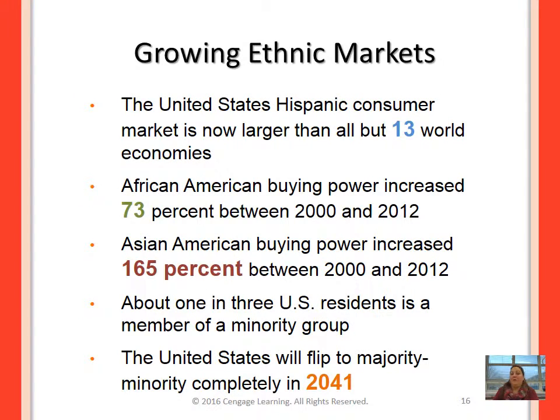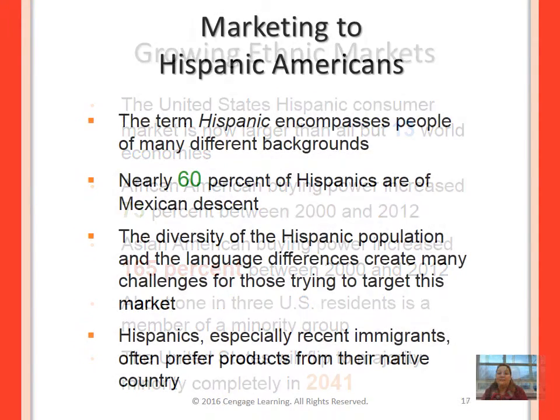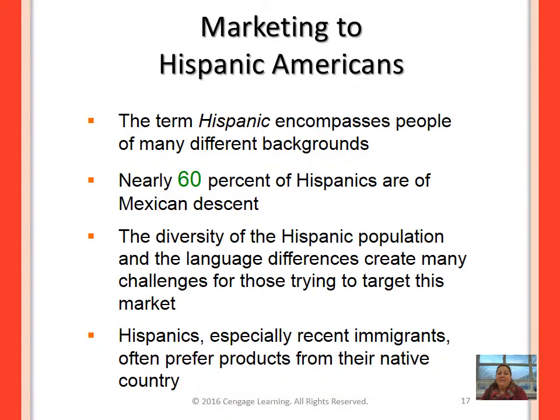Obviously, growing ethnic markets in our world are expanding, and you'll see the groups of people listed there and how they're growing in our world today and impacting markets. One specific group: nearly 60% of Hispanic Americans are of Mexican descent. Puerto Ricans make up just under 10% of Hispanics, and other groups like Central Americans, Dominicans, South Americans, and Cubans each account for less than 5% of all Hispanics. Hispanics will choose brands that reflect their native values and their culture.